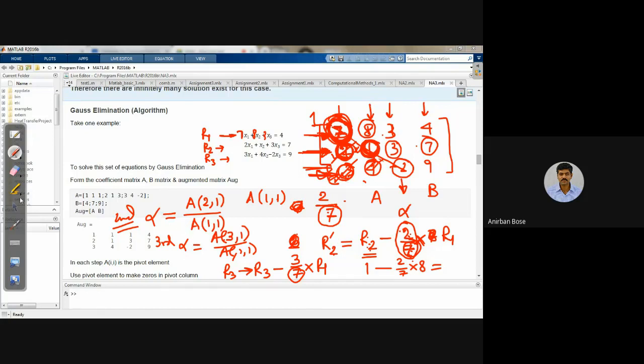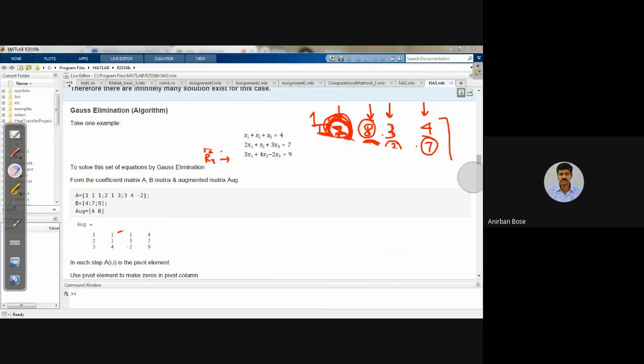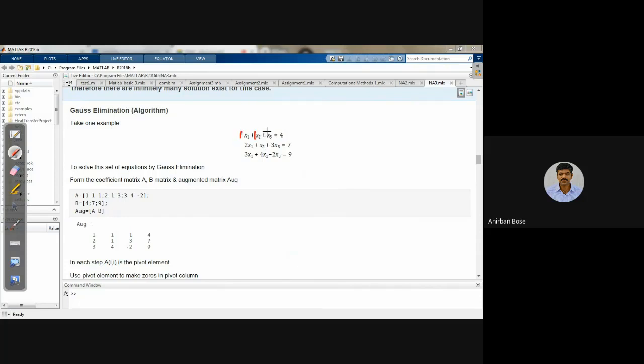So let us see how this has been implemented for this simple example. Actually, I avoided this 1, 1, 1 because it is already 1. Otherwise you have to divide by 1, then multiply by 2 for the second row, this alpha value. But since it is already 1, you may think that only multiplying by 2 will be sufficient. But if it is some other value, then that has to be divided. That is very important to understand, because we have to generalize it ultimately.